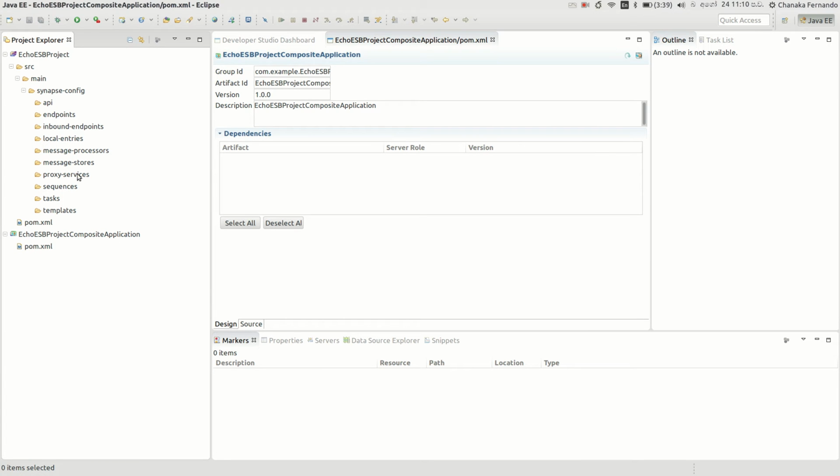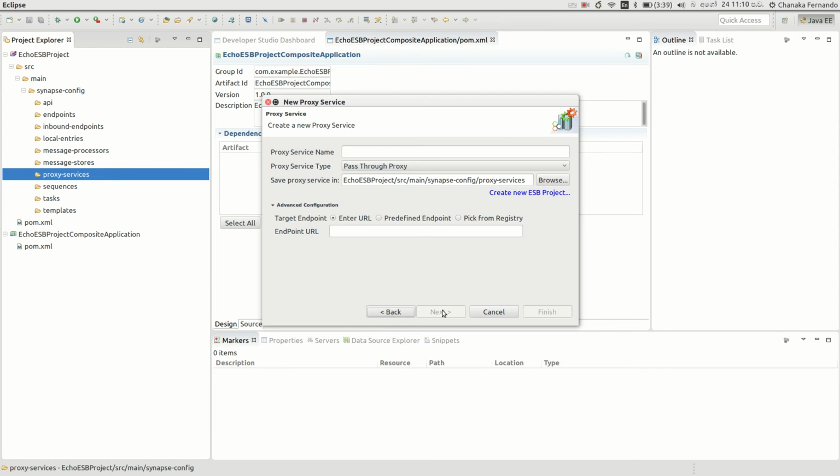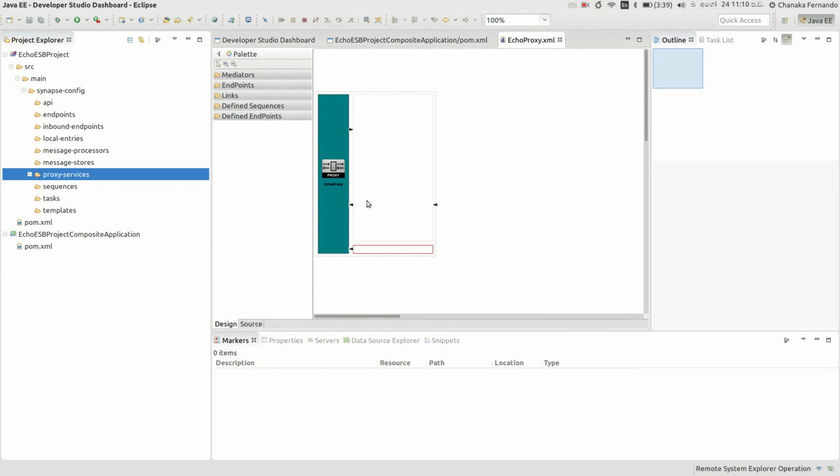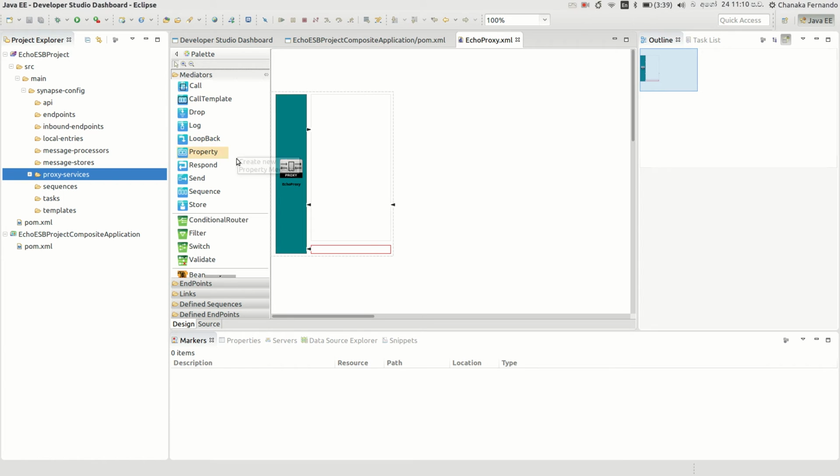Okay, let's go and create a sample proxy service. I can give the name as Eco Proxy, and I will be creating a custom proxy for this demonstration scenario. Once you click on create, it will create a proxy service like this. Then to create an Eco service you need to include a respond mediator.